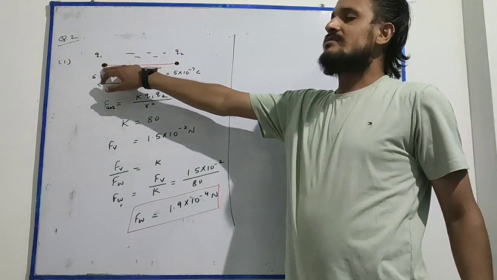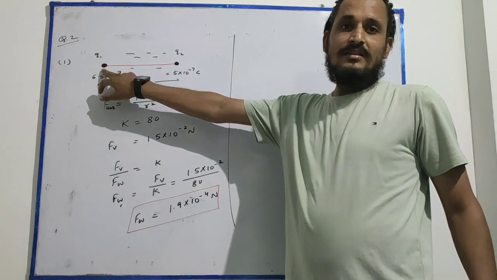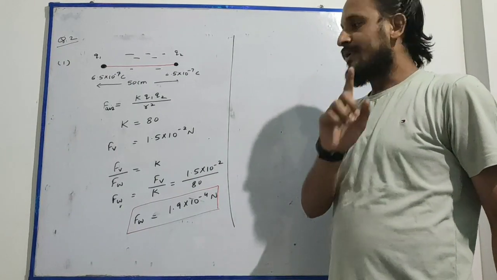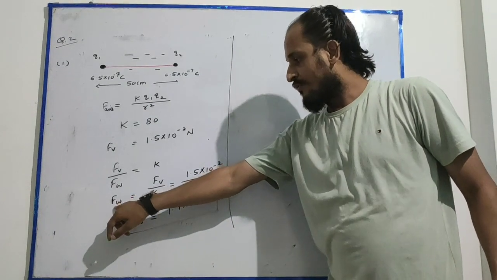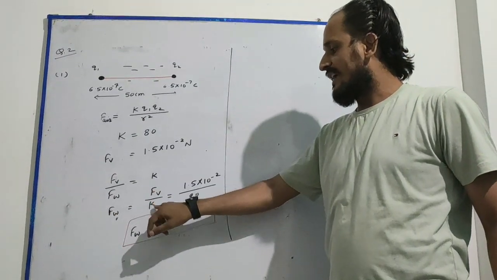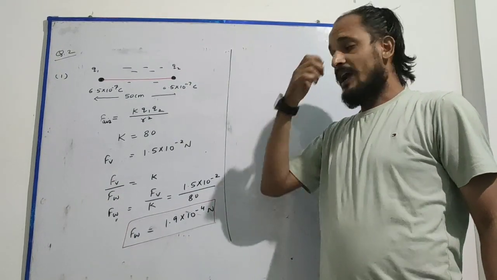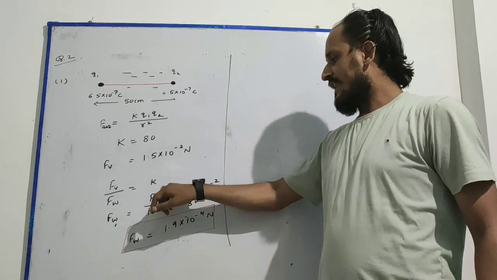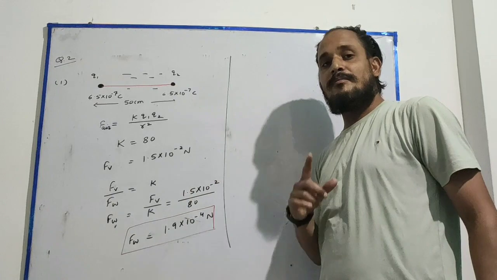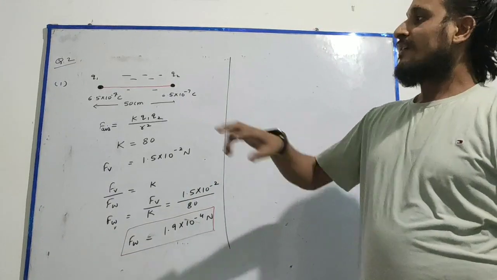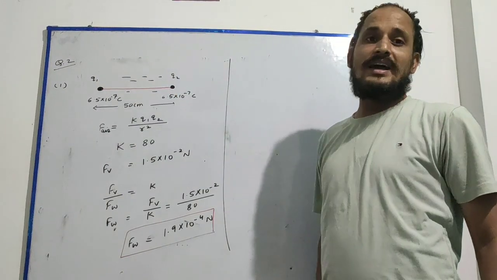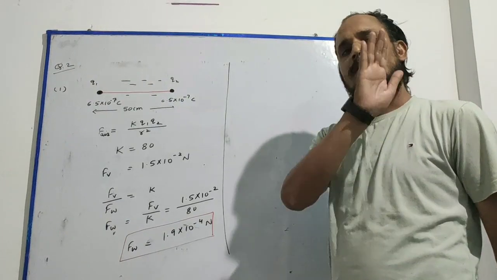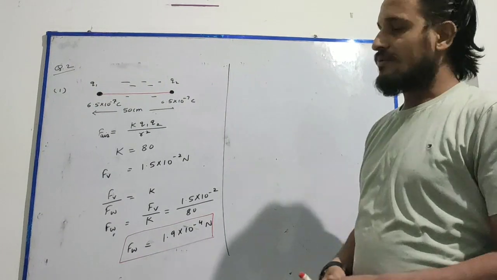Remember, if two spheres are connected by a metal wire, then the force of attraction or repulsion would be 0, because according to the relation, force in medium is equal to force in vacuum divided by K, and we know the value of the dielectric constant for metals, as I explained earlier, is infinite. So any value divided by infinite becomes 0. You may get a question in the exam that two metal spheres are connected by a metal wire. What is the force of attraction or repulsion between them? You can write directly, it is 0. So this is all about question number 2.